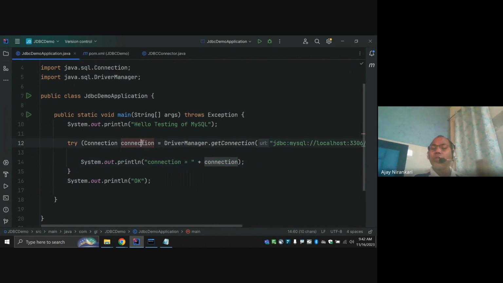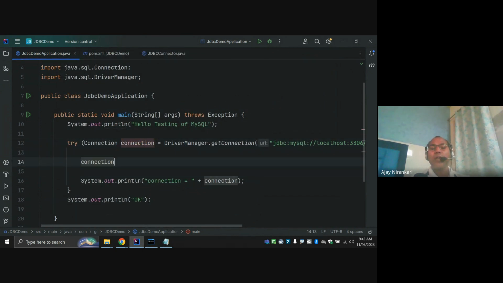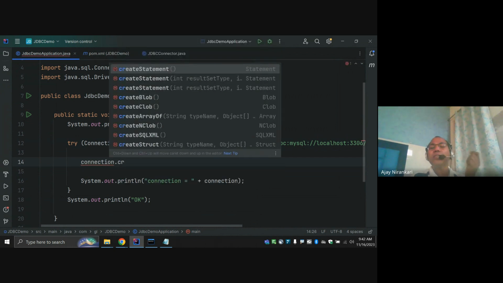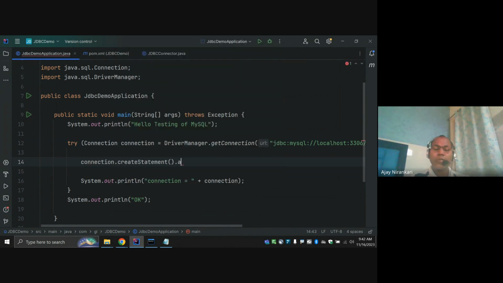So till now it's okay. Now I am going to insert one record into the database from this. So now we have this connection and connection close. We have to create the next thing, a statement. Second line we have to do. We have to create one statement. Statement means from this